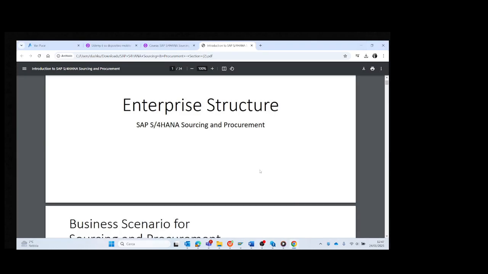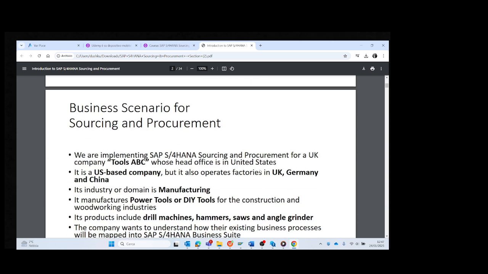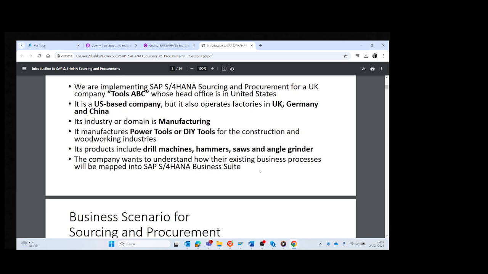In this section, we're going to talk about the enterprise structure in SAP S/4HANA. Let's start with an example of a business scenario. An example is that we are implementing SAP for a UK company called TO SAP, whose head office is